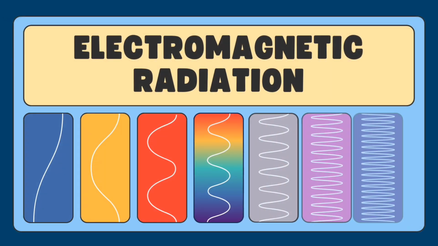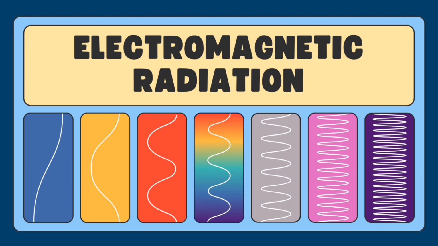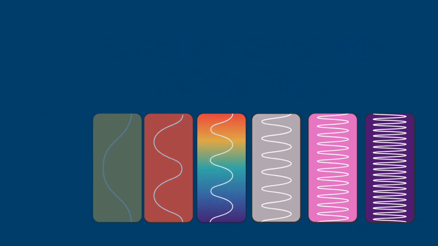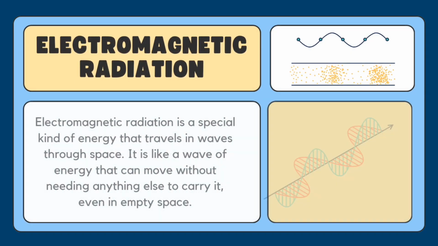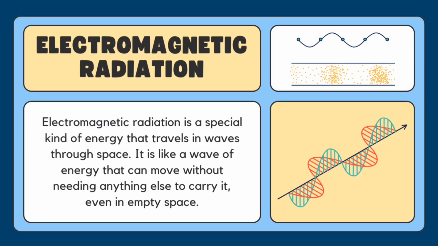In this video we will be learning about electromagnetic radiation. So let's begin. So guys, let's learn what electromagnetic radiation is. Electromagnetic radiation is a special kind of energy that travels in waves through space. It is like a wave of energy that can move without needing anything else to carry it, even in empty